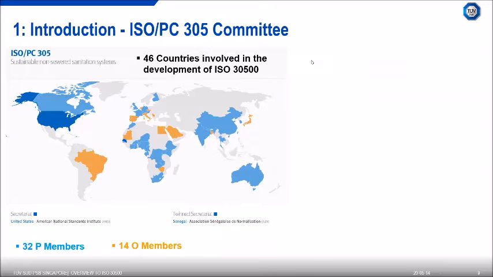In the final meeting in Kathmandu in 2018, 88% of the country members of ISO voted yes on the standard. And it was published in November